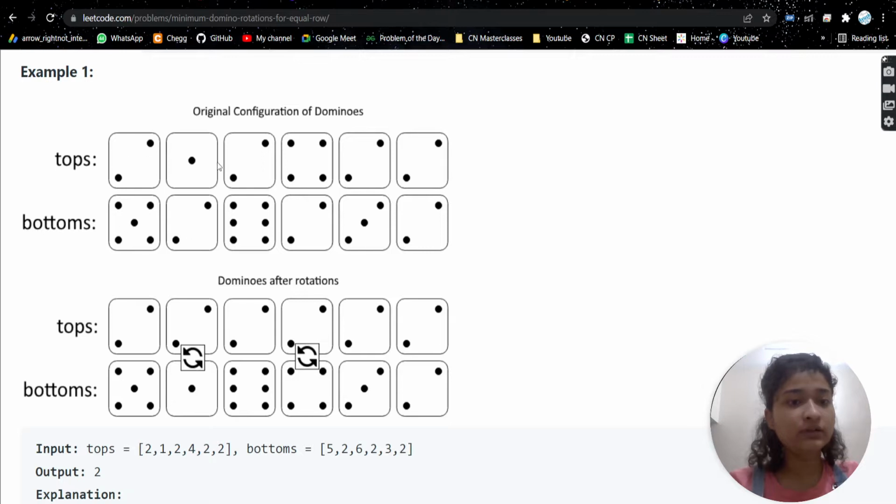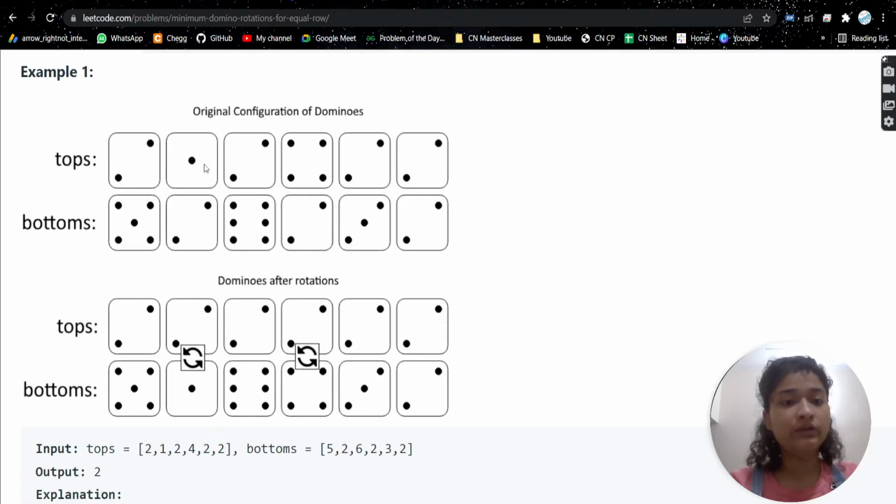These are all the dominoes, and if we do some rotations in these dominoes, the top values will become the same: 2 2 2 2. For each domino, the top value becomes 2. What we did was, there was already a 2 here, here it was 1 and the bottom has 2. So we swapped this, we did the rotation for this domino, so 2 becomes the top value and 1 becomes the bottom value. Then this also has 2, which is fine. Here it was 4 but here it was 2, so we swapped these two, so 2 came here, and here it was already 2, here it was already 2.